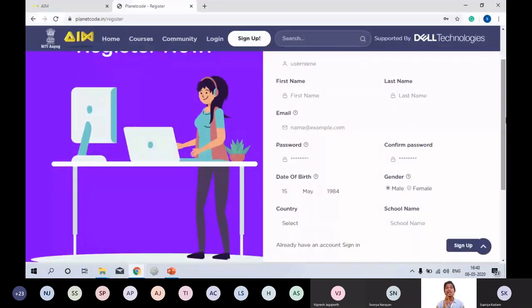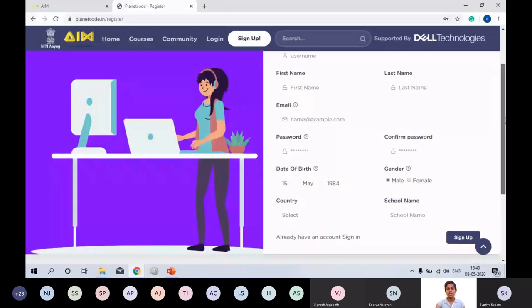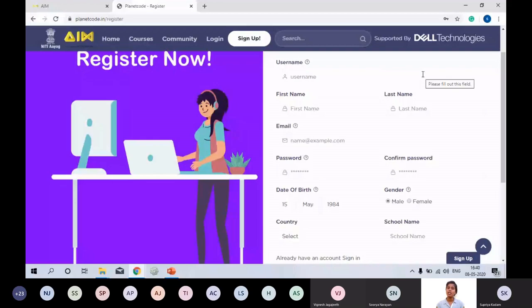But make sure you remember that, because your login details require your username. If you forget that, again you'll be in trouble. Okay, so next is your email. If you do not have an email address, please give your parents'. Otherwise, it is not a mandate, so you can still manage and log in. So no issues in that. And then the password: make sure you have a very good strong password, and make sure you remember it or jot it down somewhere. I don't want people forgetting username and password, again coming back to the forgot password thing.